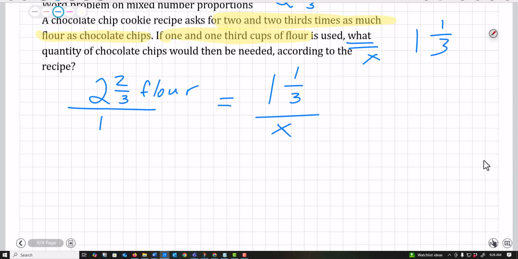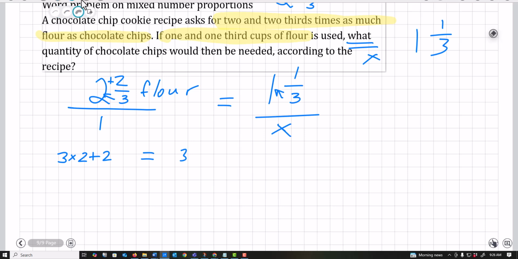So now I'm just ready to solve this. How I solve these is I get rid of the mixed numbers. And remember, to get rid of a mixed number and make it an improper fraction, you take the denominator times the big number. So 3 times 2, and then you add what's up top. So 3 times 2 plus 2, and this is over 1, so I can just get rid of the 1 right now. This one over here is going to be 3,